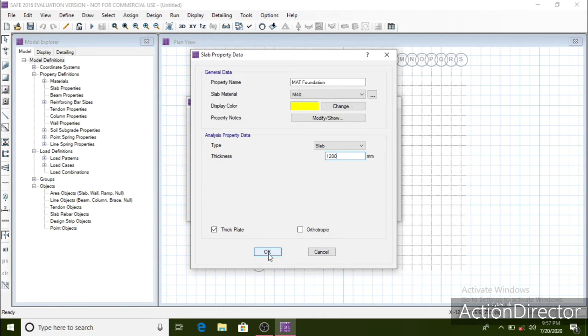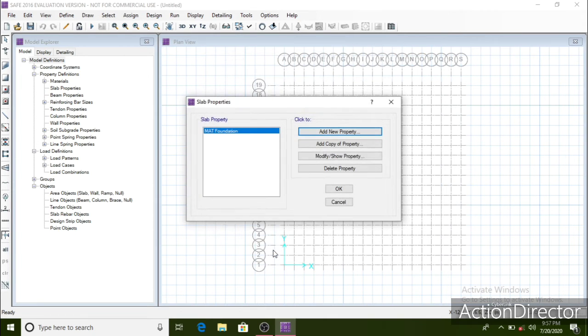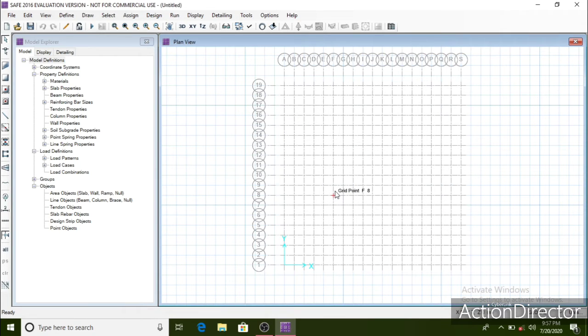Before clicking on OK, change the type to mat and click on OK. Click on OK again.